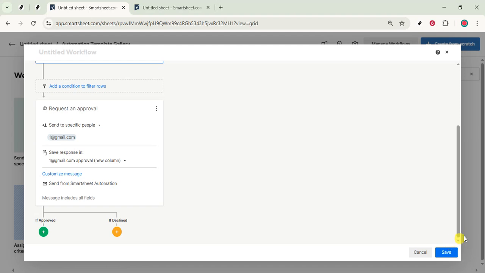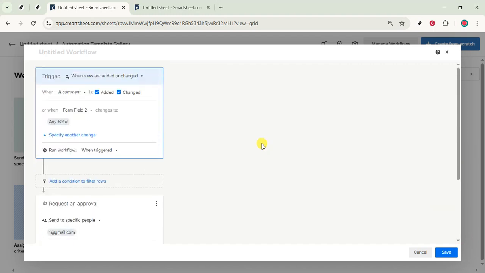A quick tip: give the workflow a clear name so teammates know its purpose, and try a test row to confirm the approval request routes correctly and updates your status column as expected. That's it. You've explored and set up a project approval workflow in Smartsheet that's consistent, auditable, and easy to